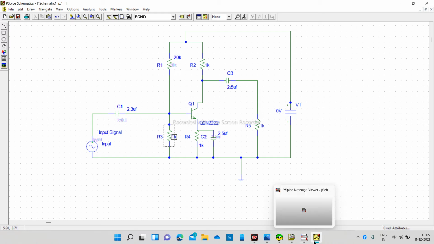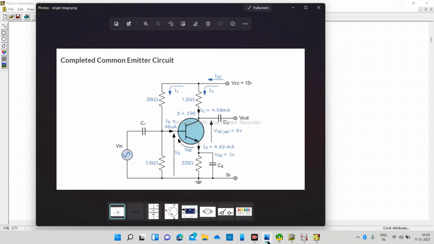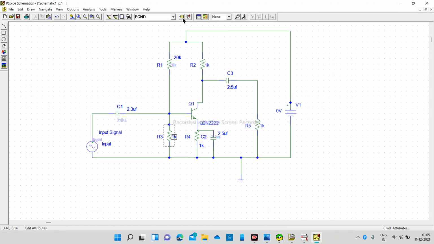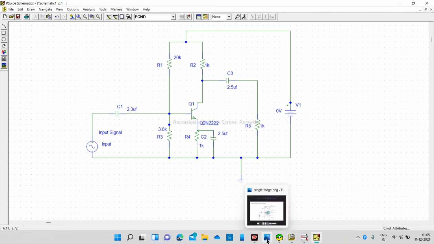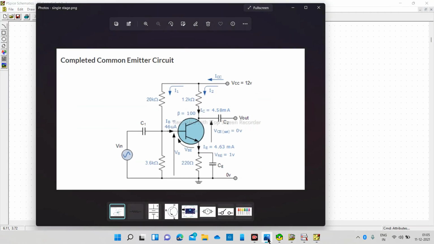And R3 is 3.6 kilo ohm. Never forget the units of the circuit, because if you are an engineering student, you must know all the SI units of the fundamental quantities, physical quantities.